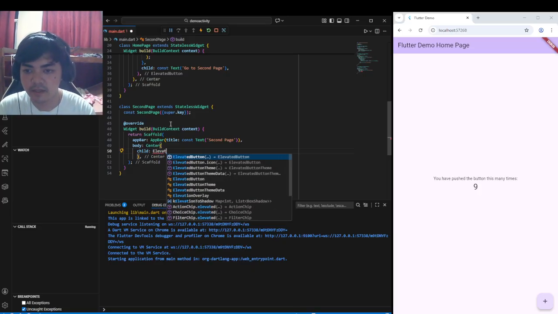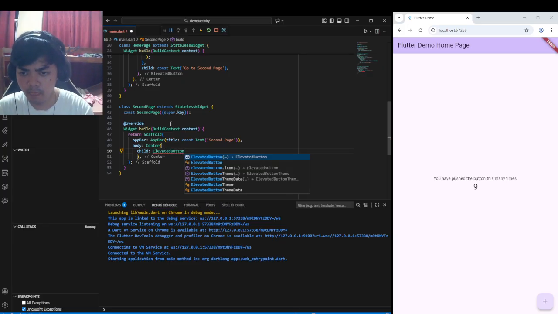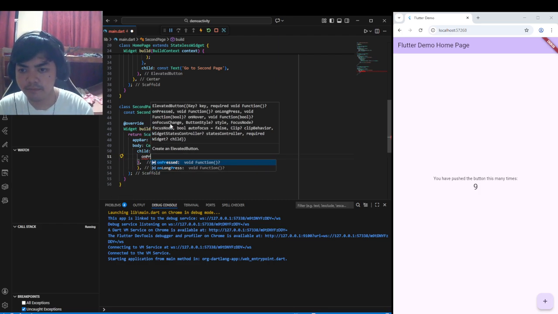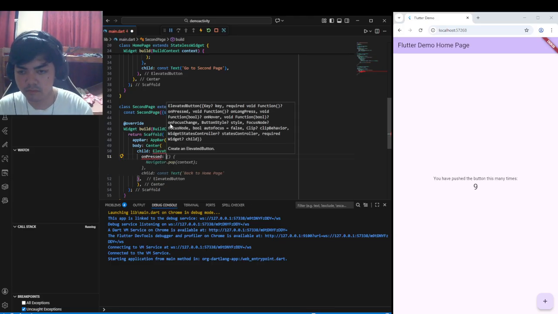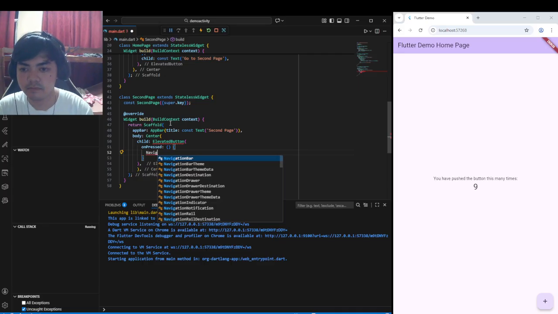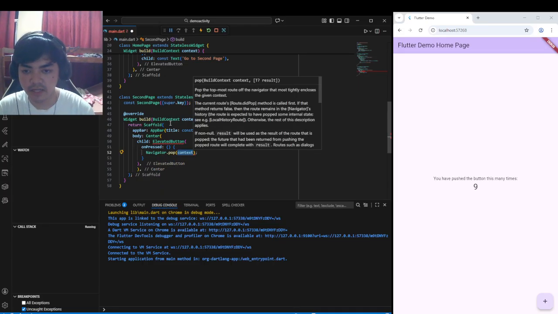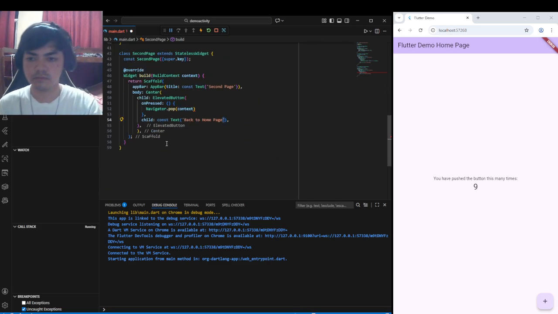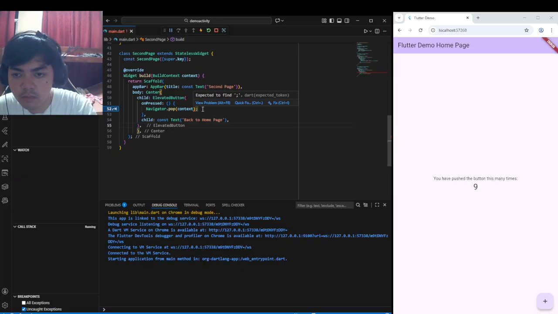So elevated button, onPressed, Navigator.pop with the context, and then we're going to name our button with a child text, Go back to home page.